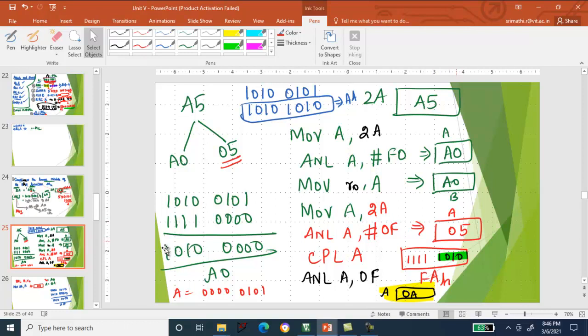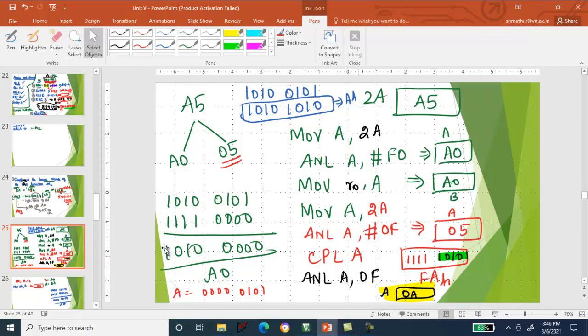Later, complement the accumulator. The upper nibble is 0, 0, 0, 0 and 0101 is your 5. Invert all this and you get F for the upper nibble, and A for the lower. So the accumulator will be having FA.